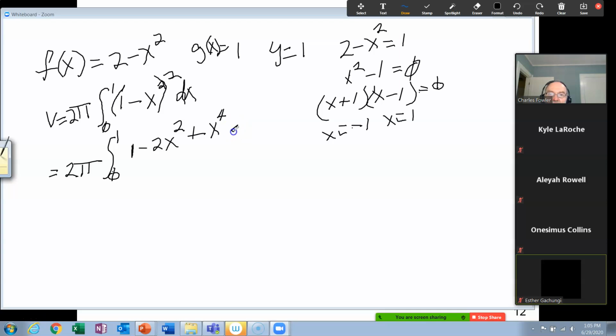Okay, and then we'll do our dx. Now, you probably could have done that with a reverse chain rule, but it's so much easier to do it this way. So that's going to be our 2 pi